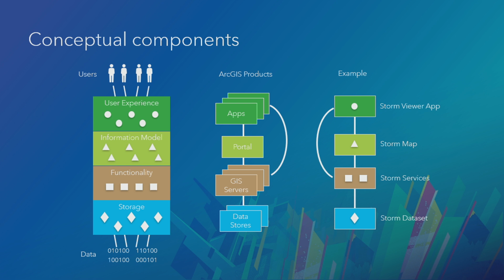On top of that, we have a storm map that presents that as a layer with pop-ups, with symbology, potentially with filtering, time awareness, and things like that. And then that's exposed through one or more applications, potentially along with my geoprocessing service. So we have these different layers, and if you've ever wondered why we have this data store, server, and portal separated, they perform these different functions. And we'll see in a minute that we'll be looking really at this middle swath of services and information products